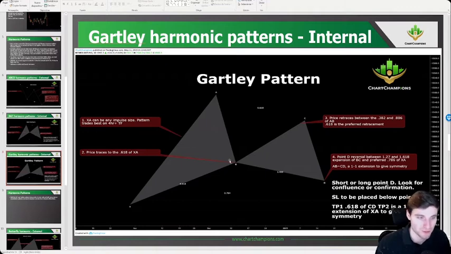Okay, so you want to see that on the 618, or I would allow just 66, but around this region. It can move through to 66 slightly, but you want to see the closing price around this 618 really. And then have a guess what the preferred retracement is to the upside. It's 618 again. It can officially be between 382 and 886, but just like on the bat pattern, you would look